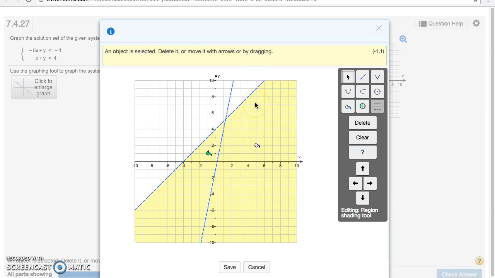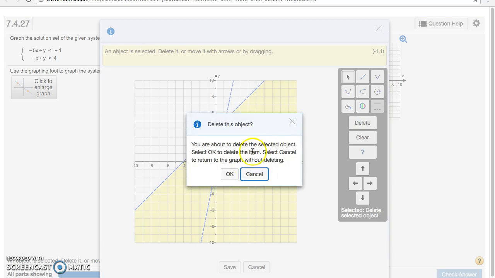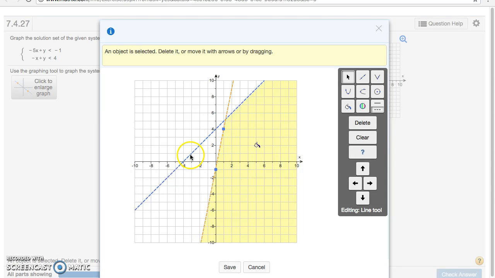But the overlapping is what we really need, so I'm going to delete that last shading because I know that's not where these two shadings overlap. They overlap over here, so this should be